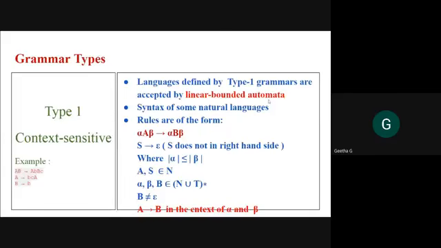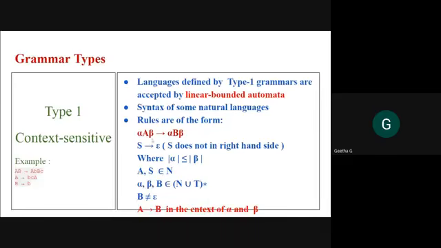This is for pattern recognition and mainly for languages, which are spoken languages. It is used for natural languages. See here, syntax of some natural language. So this is not much asked because it is not in your curriculum. If you are interested in doing your research in TOC, you can proceed with this in detail. Still, research is going on in that for pattern recognition and natural language processing.